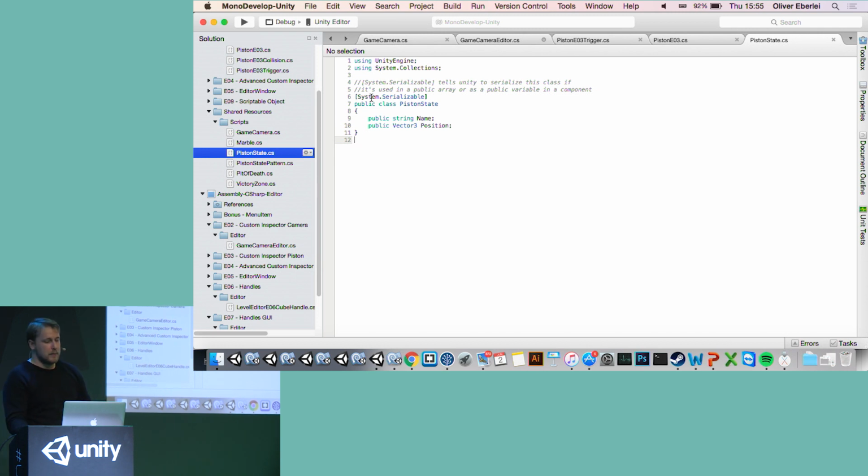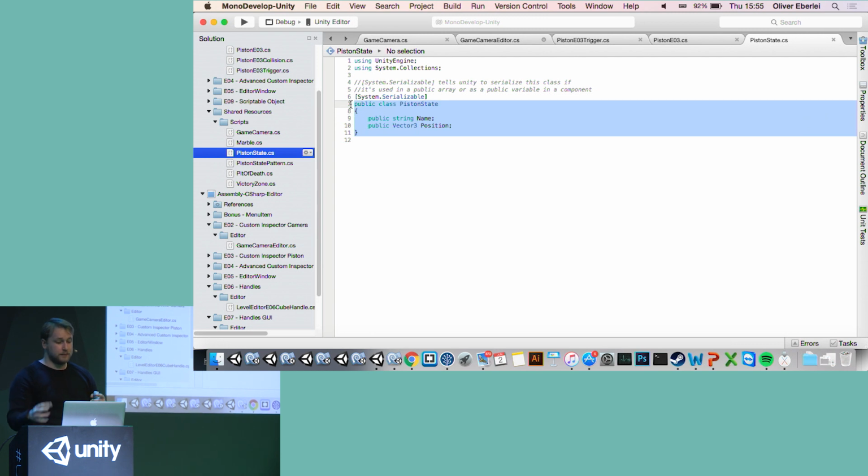And basically, if you have complex data types that you define yourself, you have to tell Unity this is something you can serialize. And Unity serializes everything in there that it normally can serialize. So all the default data types, vectors, quaternions, lists, whatever. So everything that Unity can serialize in a regular script, it can serialize. But since this is a complex class, we have to tell Unity this is fine to serialize everything in there.